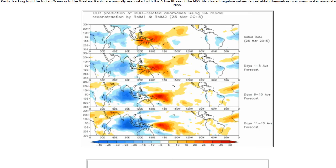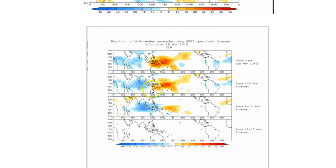Next, we look at outgoing long-wave radiation predictions. That is, how much sunlight or energy is reflected off the ocean surface. The more reflection, the greater the odds of high pressure and trade winds. That's what the reds and the oranges represent. So per this statistical model, the inactive phase of the MJO is supposed to take root for the next 2 weeks, while the active phase again builds in the Indian Ocean, starting to work its way to the east, but not making any progress into the West Pacific over the next 2-week period. The interesting part is the dynamic model agrees, yes, the inactive phase is trying to get a foothold,